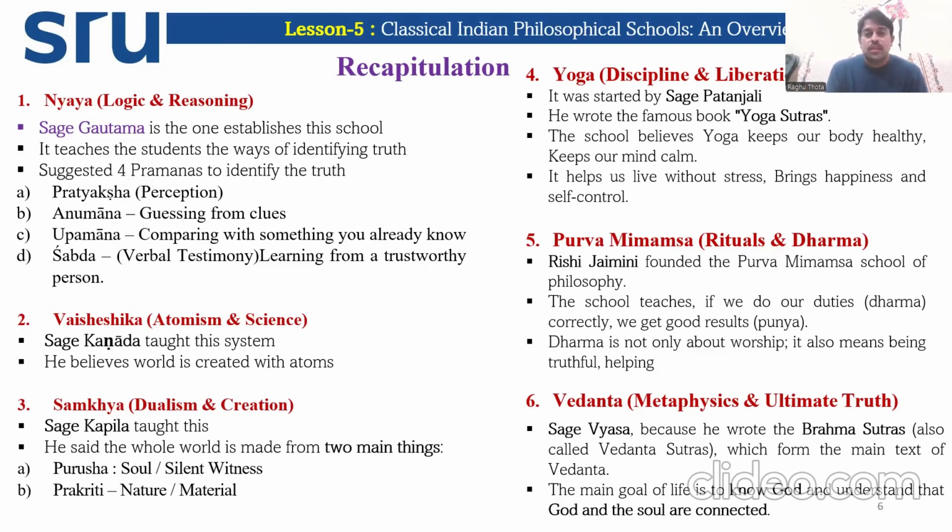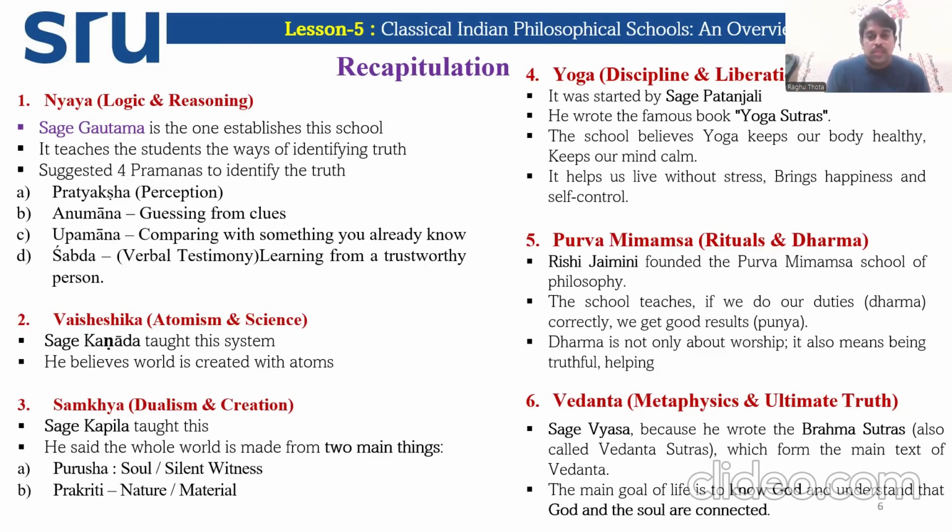And the fourth school is the Yoga school. I have already mentioned this even in the previous lecture. Our ancestors firmly believed that a healthy body gives a healthy mind. If you are physically fit, mentally fit, psychologically fit, they gave utmost priority to yoga, a physical fitness that makes us happy and peaceful. It was proposed by Patanjali. And yoga helps us to lead a happy life without any stress, and you will have self-control. That is what the Yoga school always tries to teach us.